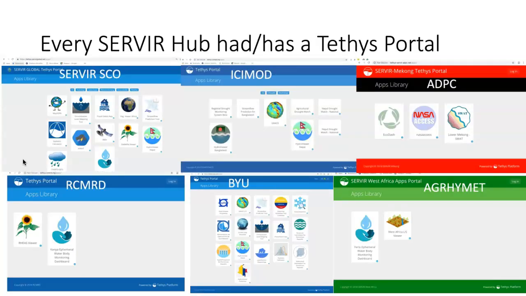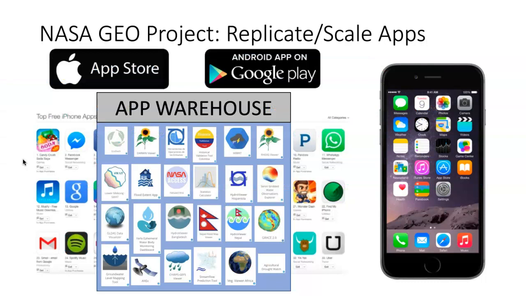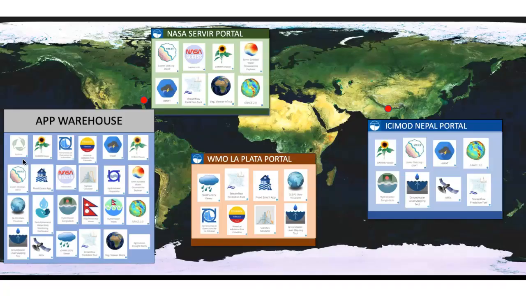At the end, or at some point during AST2, each of the hubs stood up a portal. Many were hosted by the Socrates cyber infrastructure, but a follow-on project with NASA we've been working on is now creating an app warehouse, not just in GitHub, although all of these apps are stored in GitHub, but also the ability to pull into a new portal, be able to select and download existing applications and start from there. And it also makes it easier to create the portal and then add to it the applications that you want to be able to do, and then create new ones, modify existing ones